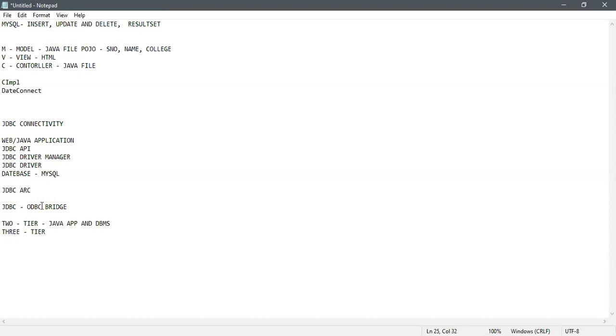So this is a separate driver. We need to install this one. This driver is already available because we install Java. So by default, it will be installed, and the MySQL database should be installed. So we are going to use a server over here. We are supposed to work on a server, which is good for us from the learning point of view. There are two ways to handle this: by using the tools or by using the command prompt.